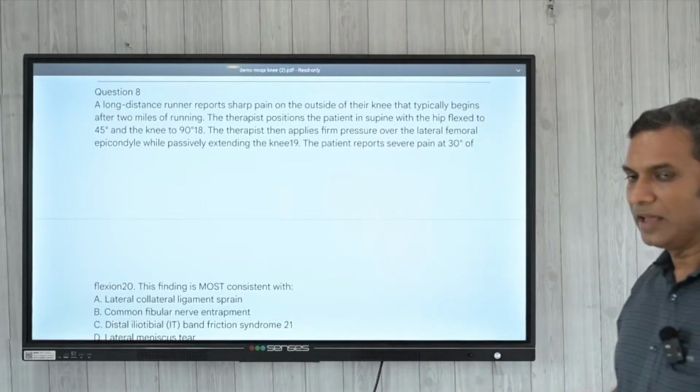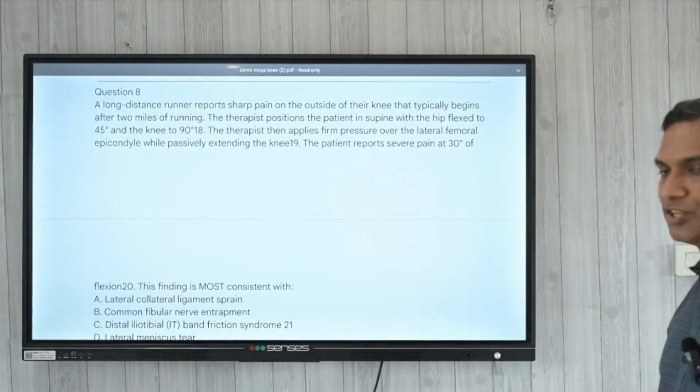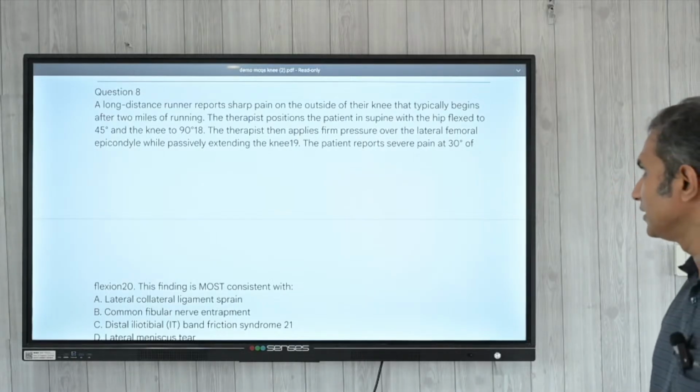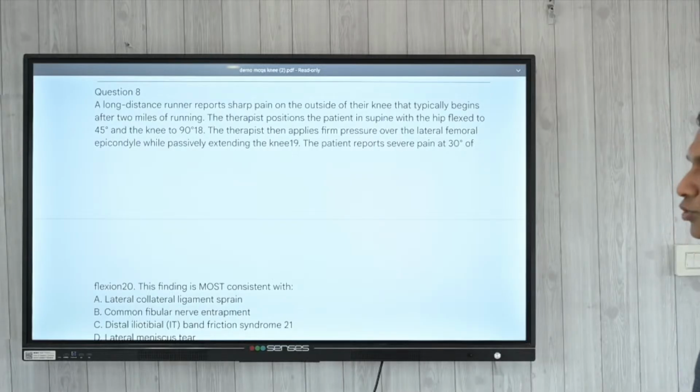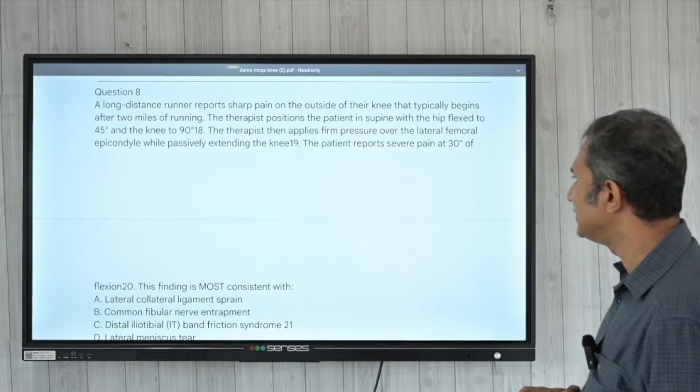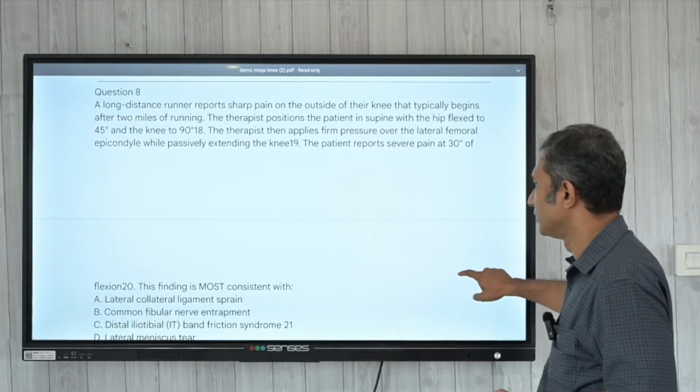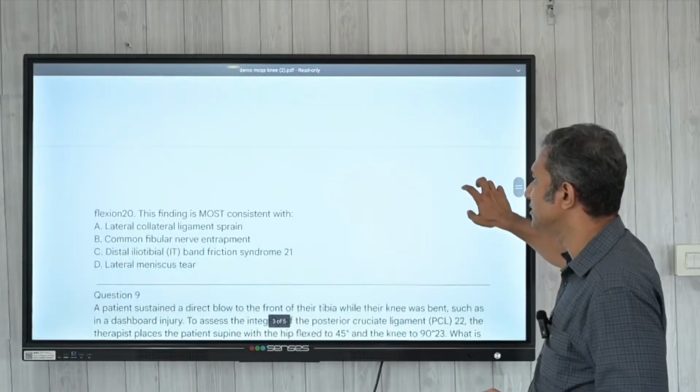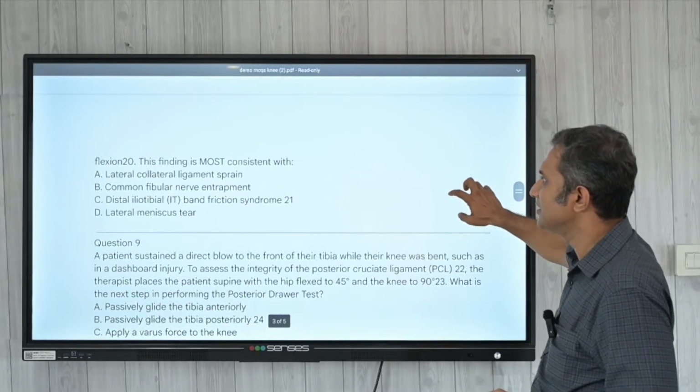Question 8. A long distance runner reports sharp pain on the outside of their knee that typically begins after 2 miles of running. The therapist positions the patient in supine with hip flexed to 45 degree and knee flexed to 90 degree. The therapist then applies firm pressure over the lateral femoral condyle while passively extending the knee. The patient reports severe pain at 30 degree of flexion. This finding is consistent with